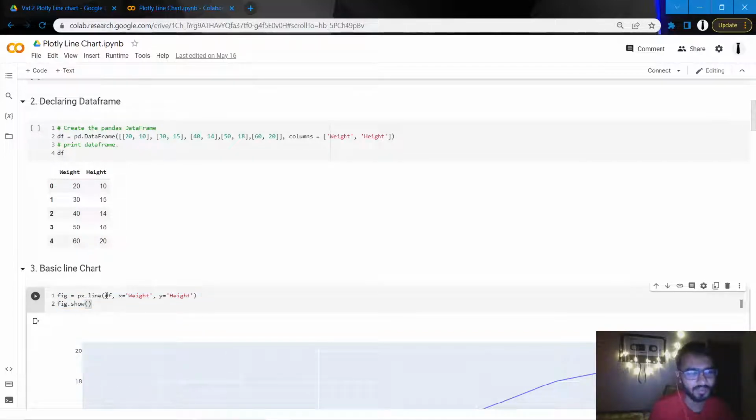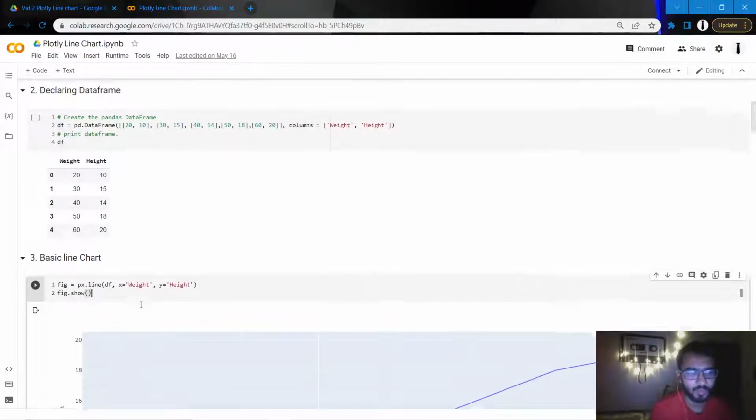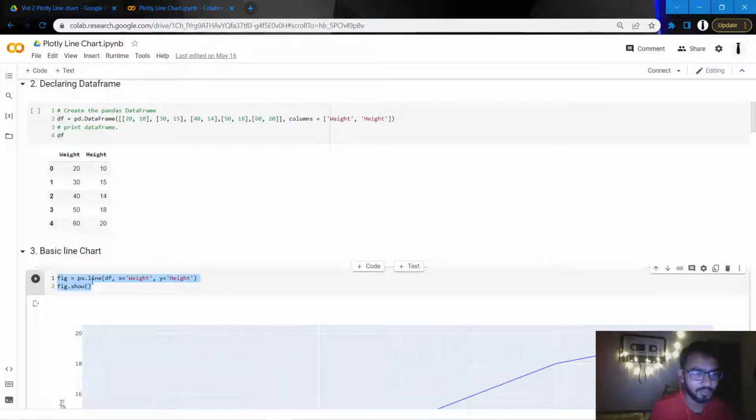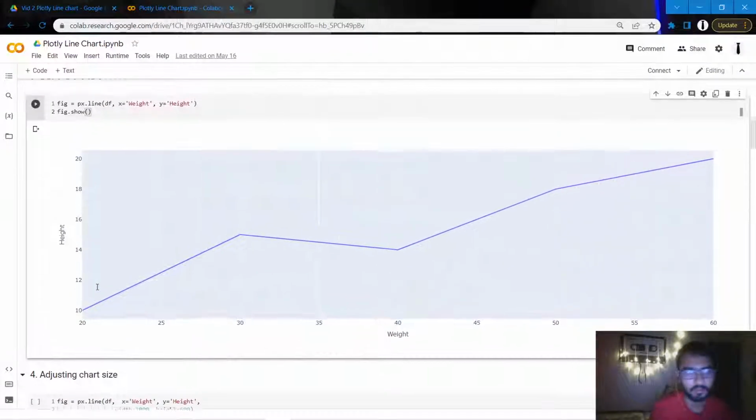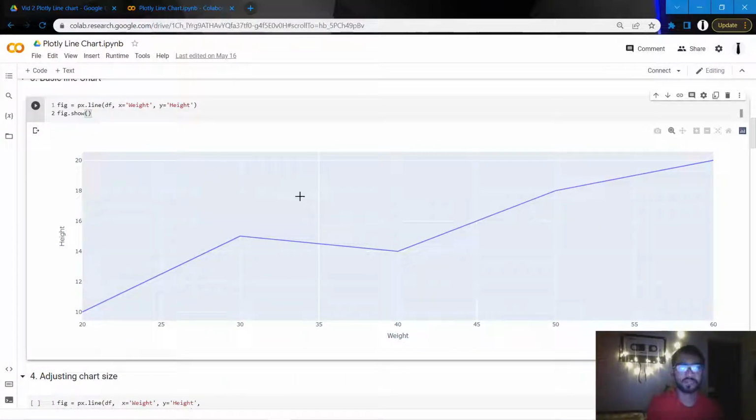So we require just three things here. One is the data frame that we'll mention to create the line chart. Then we have what will be our x-axis and what will be our y-axis. So when we put in these two statements, we'll get a simple line chart, which as you can see here. So what we'll try to do is we'll try to customize this line chart to make it look even prettier